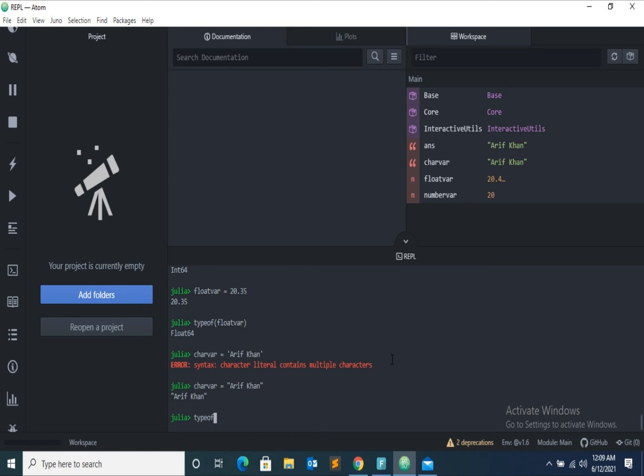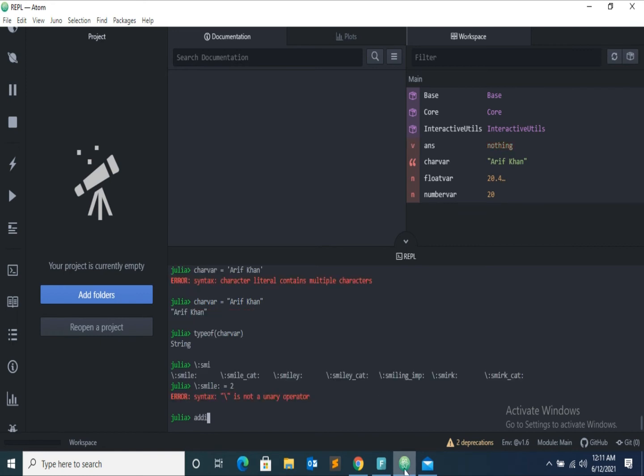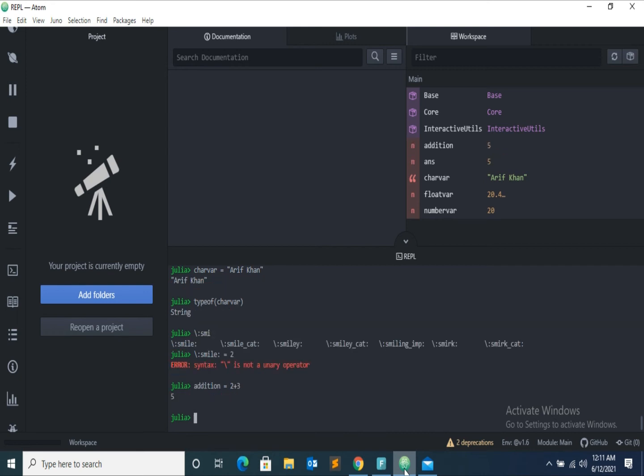See, as in Python we check every variable's type by using the type function, and in Julia we use the typeof function and pass the variable name. It will tell us the type of that variable.